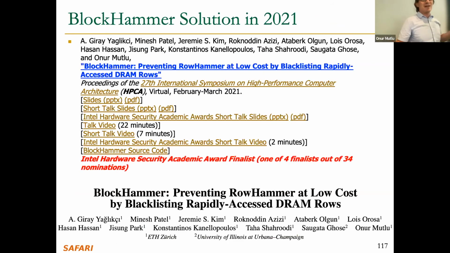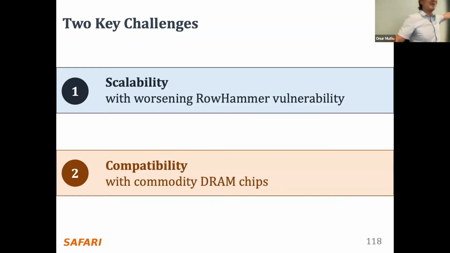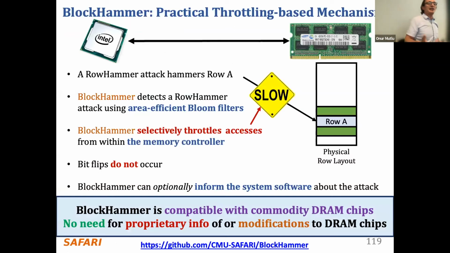So I'm going to talk about defense mechanisms a little bit more, about the intelligent memory controller. I'm going to give you another idea that doesn't scale very well, even though we came up with it. Our goal was to actually scale with worsening RowHammer vulnerability and be compatible with existing commodity DRAM chips without changing any of the interface or the chips. And the idea over here, I think it has merit still, but it needs to be made more scalable.